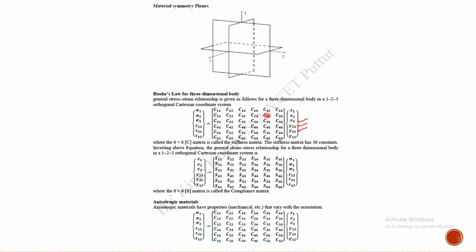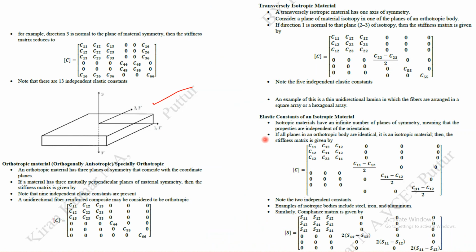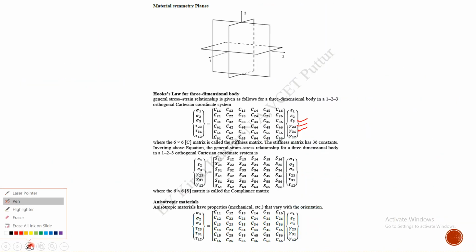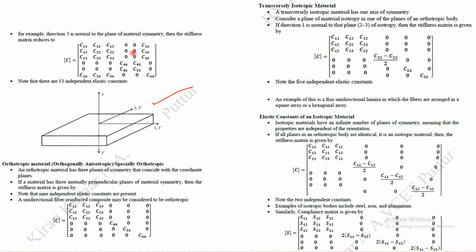Not the normal strain, only the shear strain. So if I choose only the shear strain, that will be C14, C24 and C34, and C15, C25 and C35. These are the three terms that arise here, and since it is symmetrical,